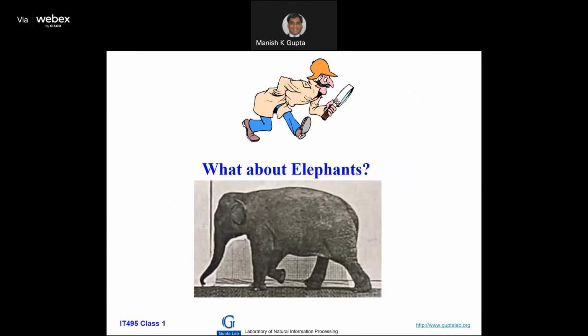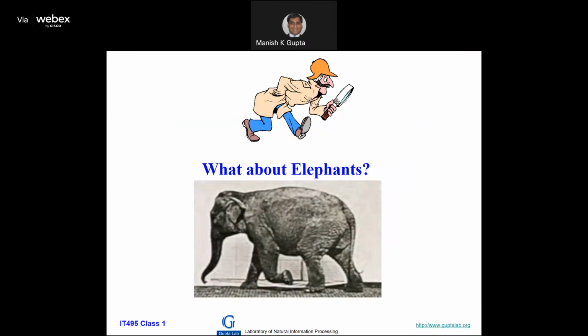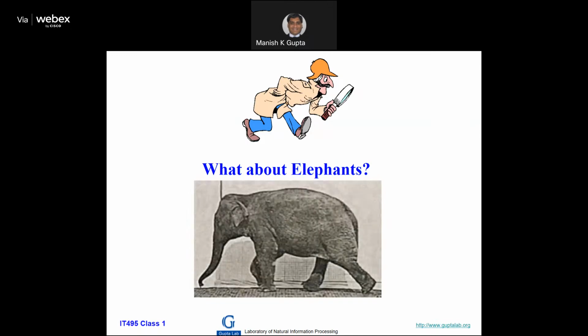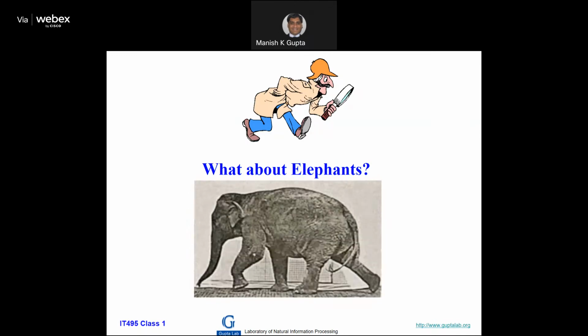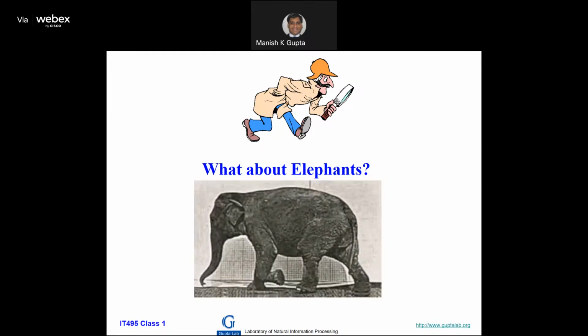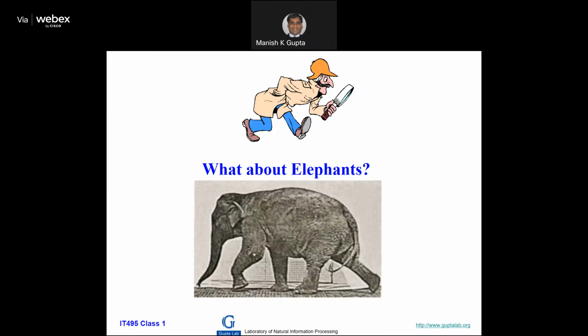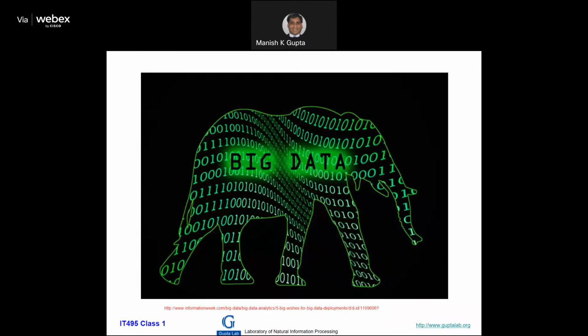So this was the early history. Now we were talking about elephants. I would like to give you some idea how burning a problem storage is. It's really a very, very serious challenge. So you will see pretty soon. Although some of the comparisons are old, elephants mean big data, right? So much data that we are generating.